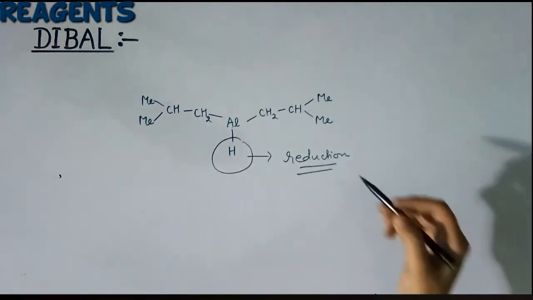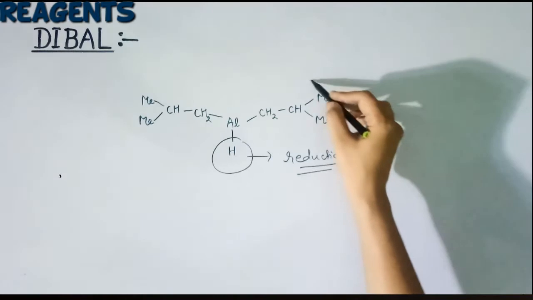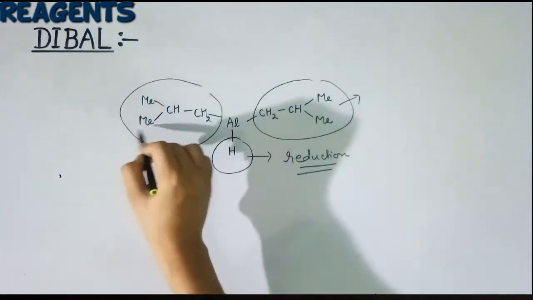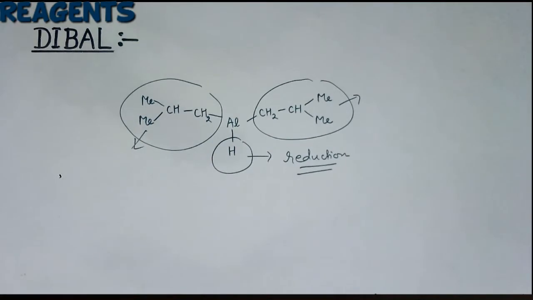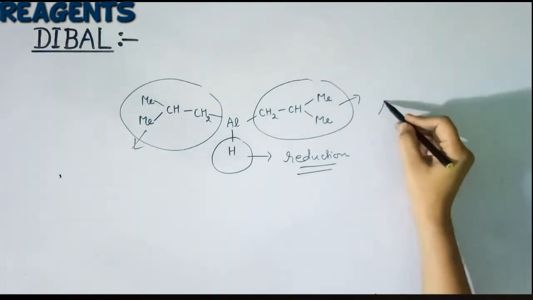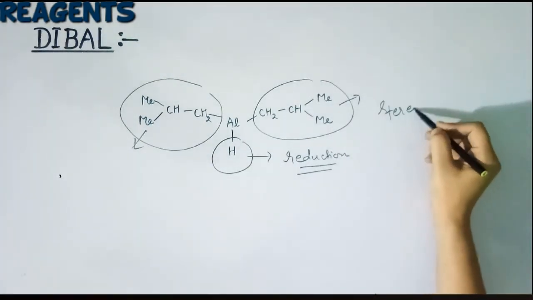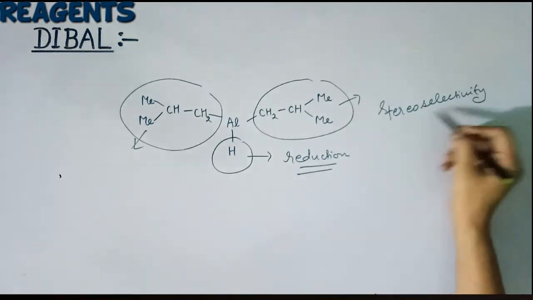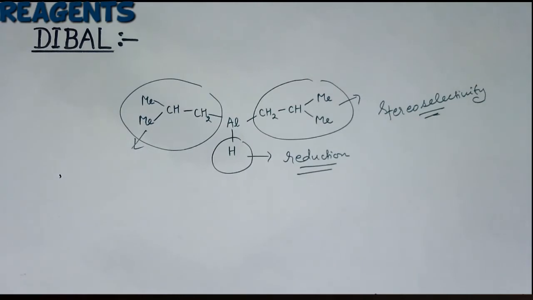Okay. So the question arises, why are these two bulky groups attached and what is the need for them. So actually these two bulky groups provide stereoselectivity. Okay, and we will learn in the next clips how it provides stereoselectivity to the reaction. Now let us learn the mechanism, how the reaction proceeds in the presence of DIBAL.